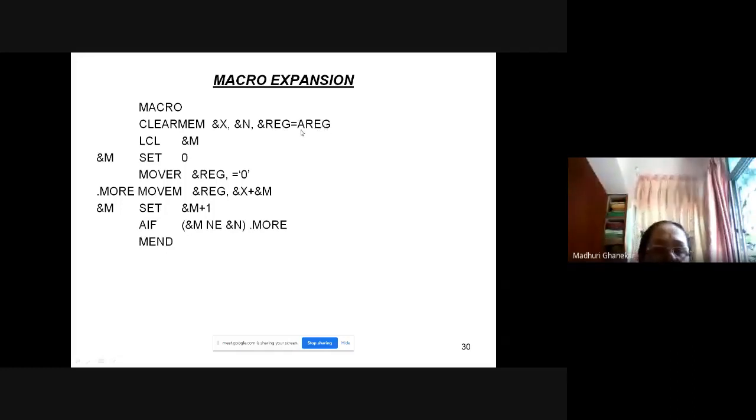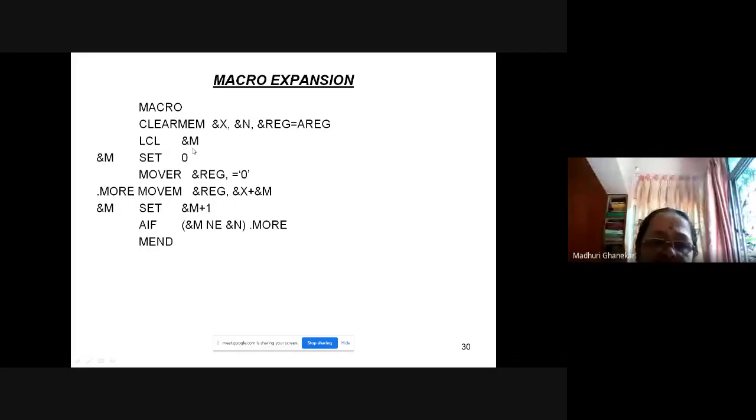I hope you remember, if we are having keyword parameters, you can pass fewer parameters to the macro. Whatever is not specified will take the default value. If you are not specifying reg, then the value of reg will be considered as AREG. If you are specifying some value, that value will be considered.